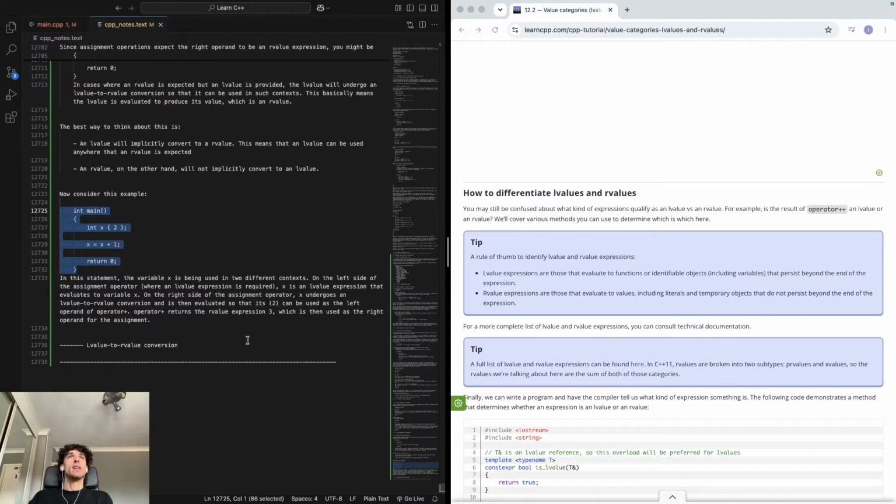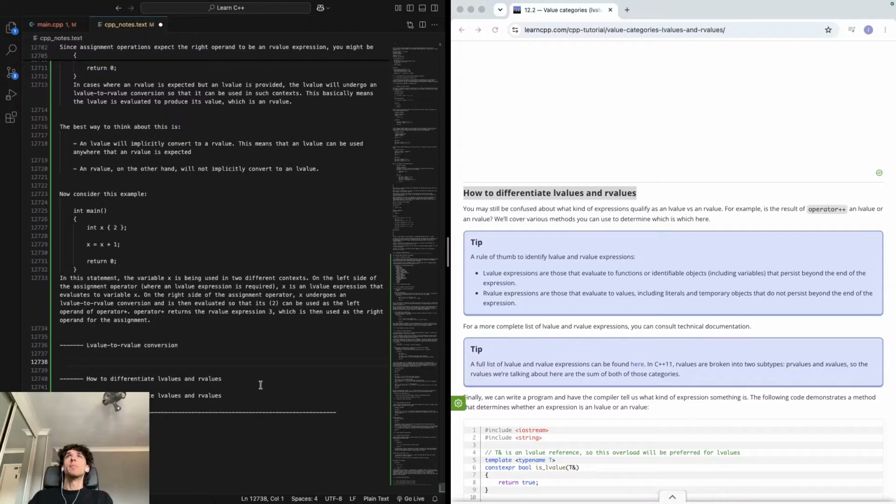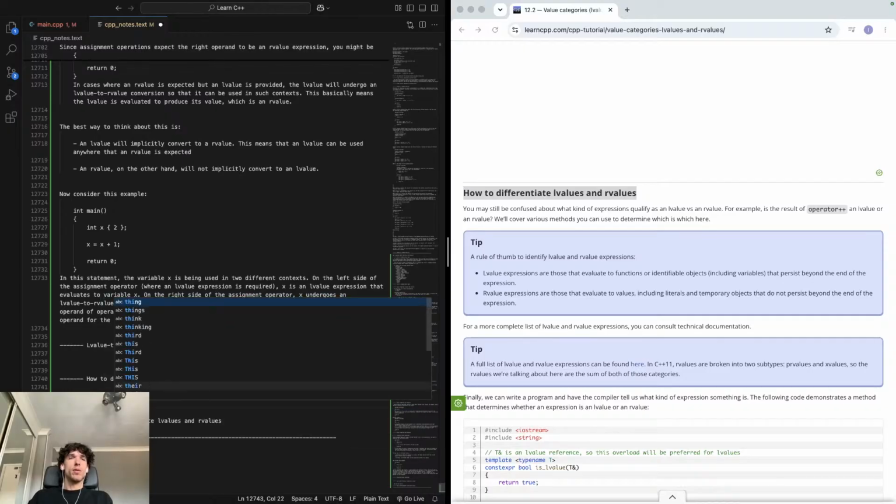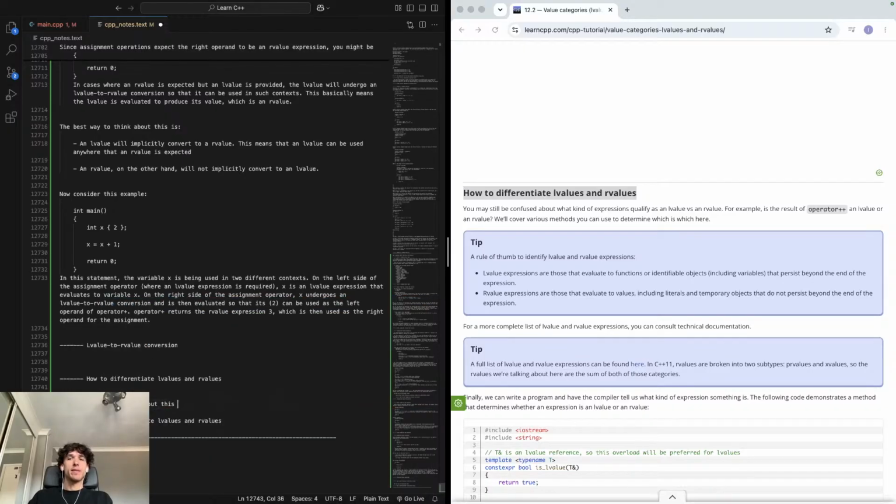So how to differentiate between L and R values? You may still be confused about what type of expressions qualify for L's and R's, for example, the result of an operator plus an L value or an R. So the best way to think about this is